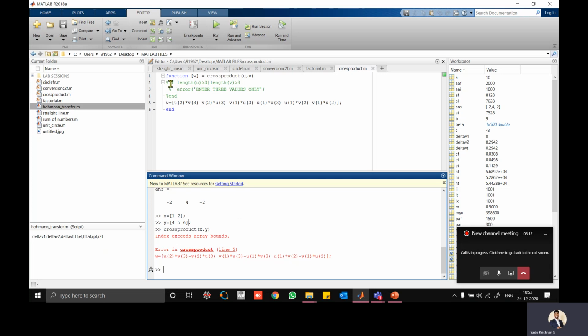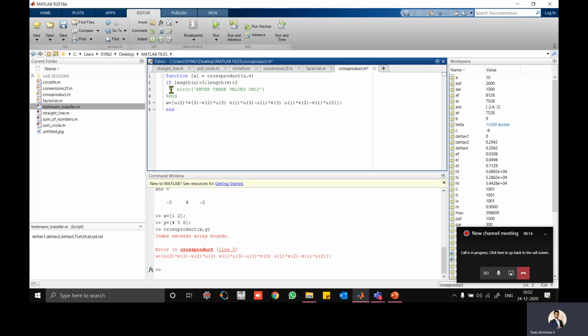So that is the reason you can see here, if the length of u is greater than 3 or length of v greater than 3. So any one of that, this is a logical operator. In the first class I showed that type of operators.